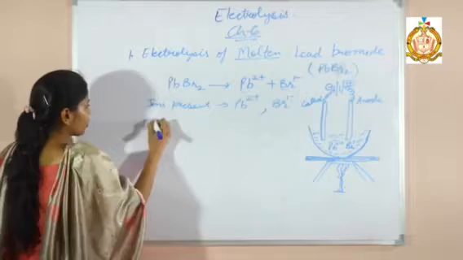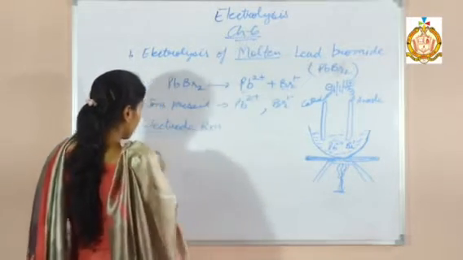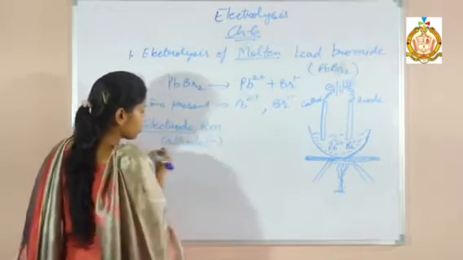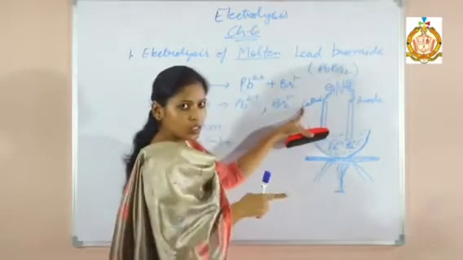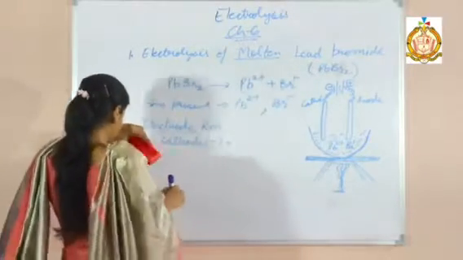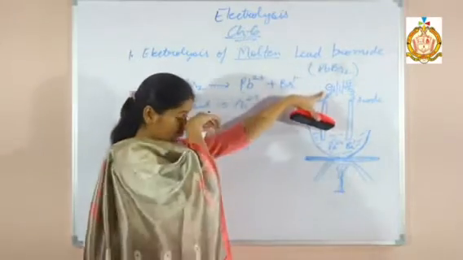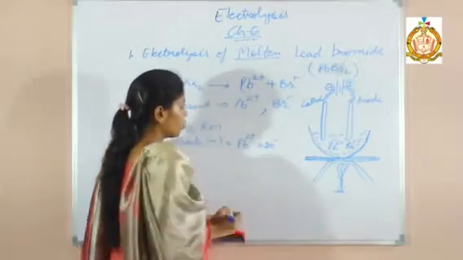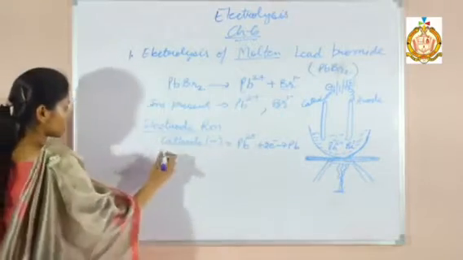Next one is electrode reaction. It's very important. So first one is reaction at cathode. You should write the charge in bracket so that you can remember, cathode is negative. So which ions will move toward it? C move towards C. Which are cations? Lead 2 positive. So it will move toward cathode. Pb 2 positive has extra positive charge, so it will gain 2 electrons from the cathode, and it will become neutral Pb.